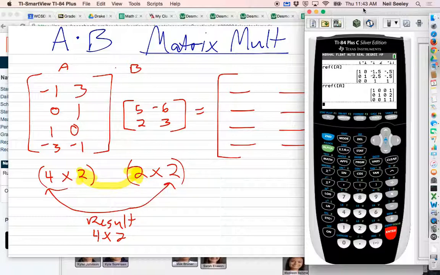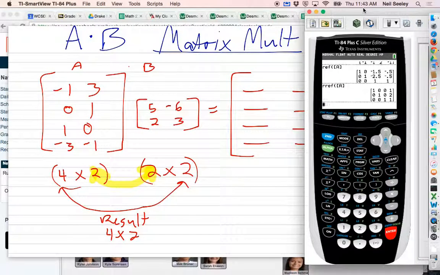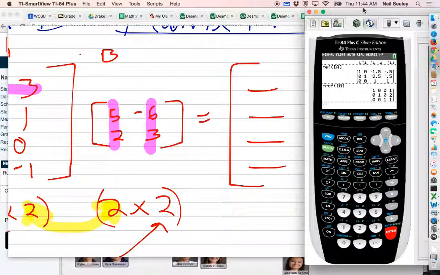Let's do this thing. The process is you take rows times columns. Now I'm going to do some highlighting, and then I'll undo it when I'm done. I'm going to take negative 1 and 3 times 5 and 2. I'm going to turn the rows on the left sideways and multiply them by the columns on the right, and I'll do it again for the second column. So the results of that, you might recall, are going to be negative 1 times 5. I'm going to write this one out first, and then from here on out we'll just work it. Negative 1 times 5